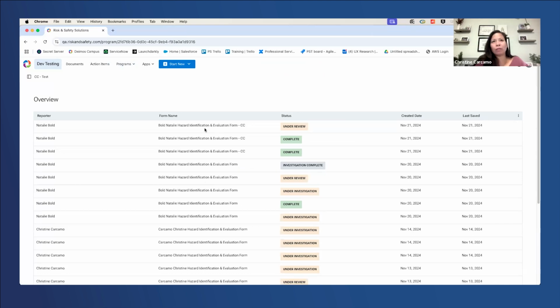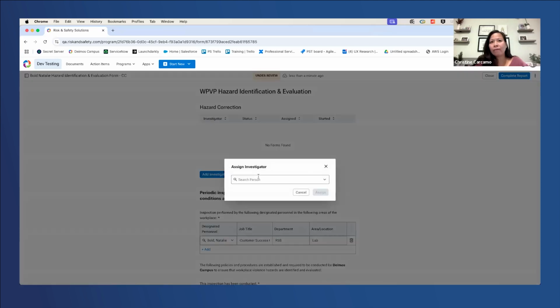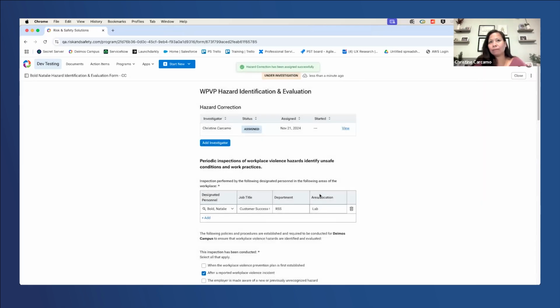And this is similar to the workplace violence and when you're assigning it to an investigator to follow up on. So I will select that, and add investigator here. I will search for Christine since she is the one who's responsible for this. And now she is assigned to this incident.